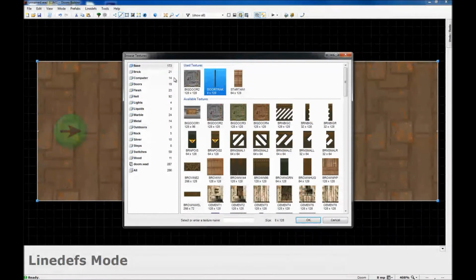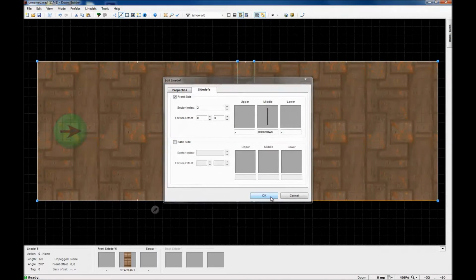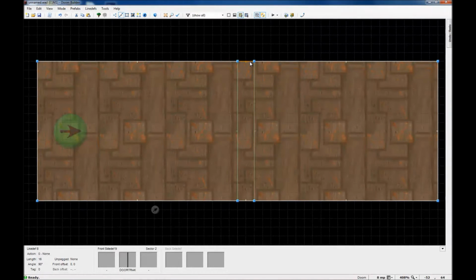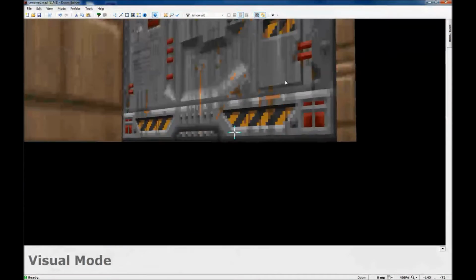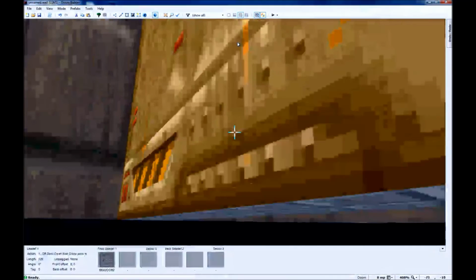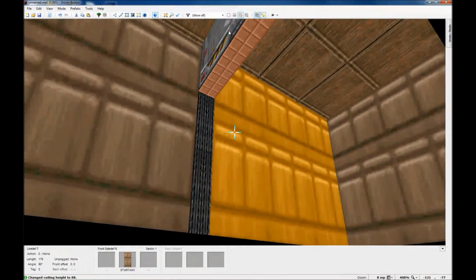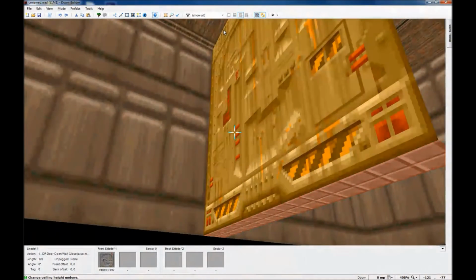The system will remember your used textures, and that'll be very handy. Okay? And then to prevent the graphics from moving up and down with the door as the door goes, I'm going to show you guys right here. To prevent the graphics from actually doing that, going up and down with the door, what we have to do is,